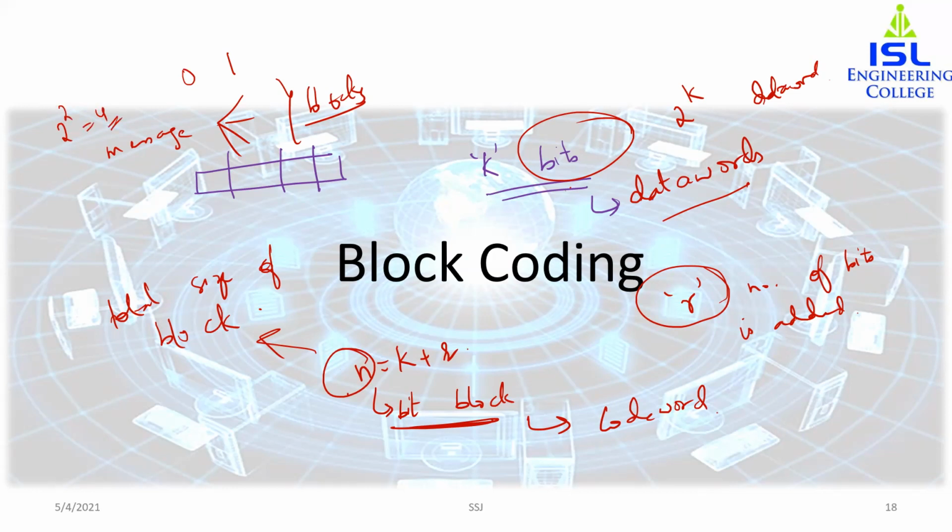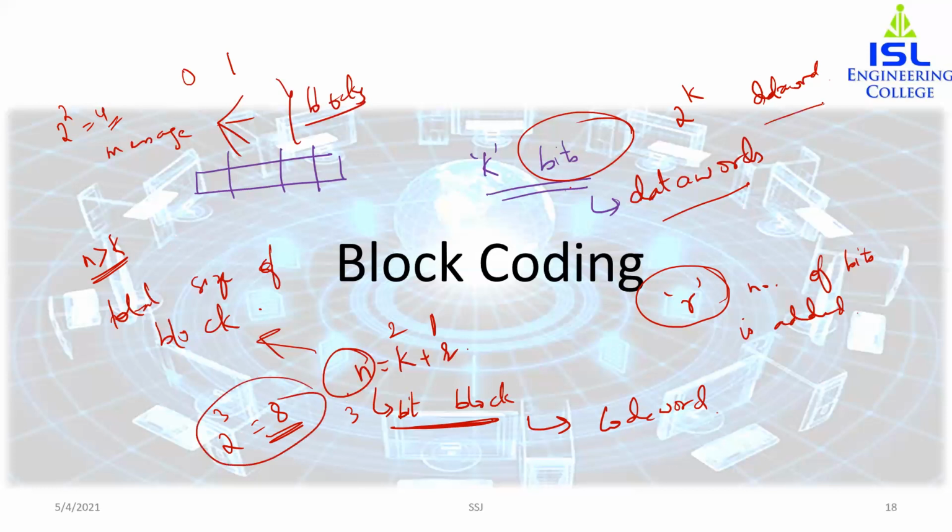And with n bits, suppose we are adding one redundant bit, so here we have a 2 bit block and then we are adding one redundant bit. So the total n is becoming 3. So with 3, again we will have 2 power 3, which is 8 combinations, right? So we can have 8 code words. And you should always remember that n will be greater than k, because we are adding something, r, to it. So n will be greater than k. So since n is greater than k, the number of possible code words is larger than the data words, right? So we will have more code words than data words.